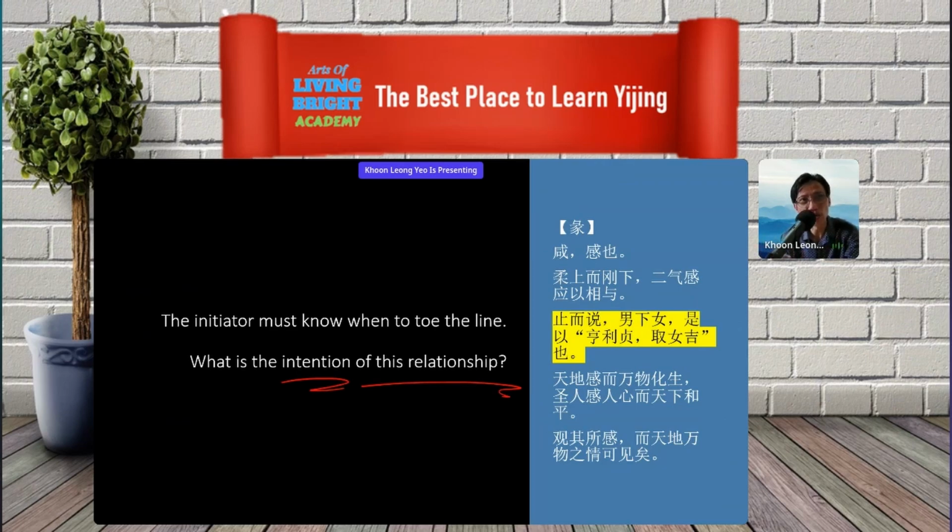Nowadays, it's a different thing. When you ask this question to Gen Z people, they give you very different answers. Totally throw all this kind of wisdom out of the window. Really. Okay, now I can tell you one thing: the intention is to